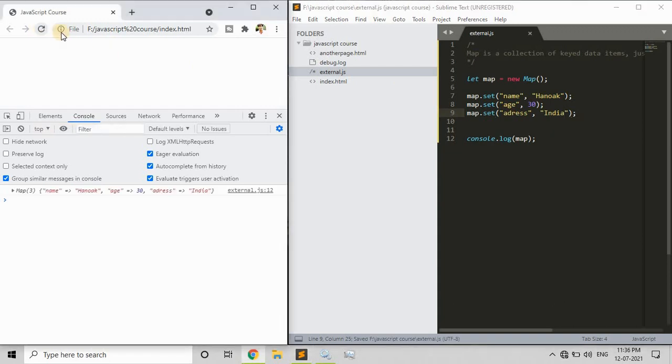If I refresh it, we got all of those elements added to the map. Again, the process goes on. You can add n number of key value elements to the map.